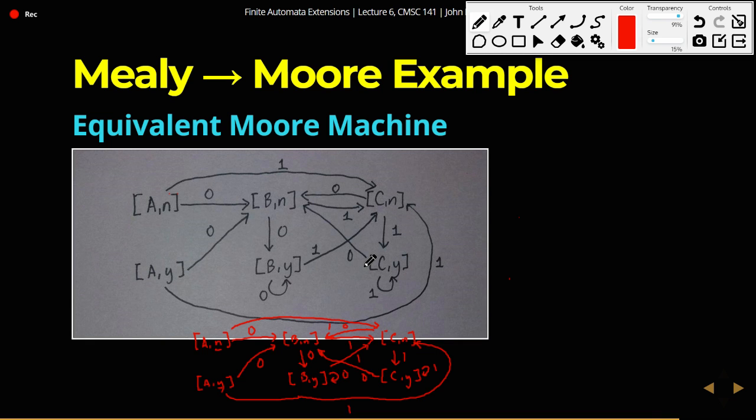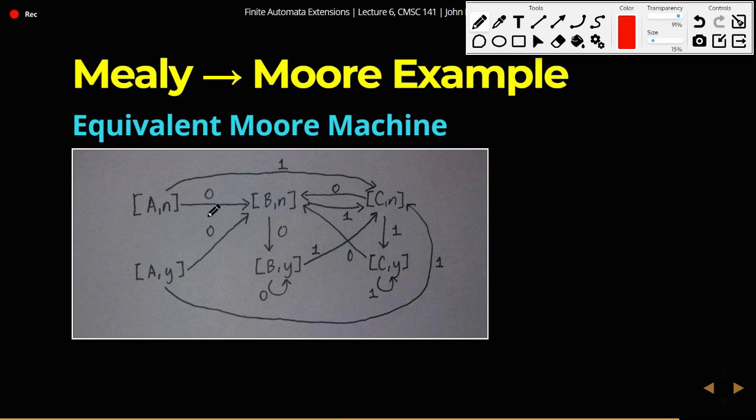Now, so this is the cleaner version of this one, right? So I'll just erase the markings for now. But yeah, this is the equivalent. Now, we're not done yet. We haven't chosen a start state yet. Okay, so as we mentioned earlier, we can just choose the arbitrary output symbol of where to start. So remember that our start state was A, so we could use AN or AY as our start state. But let's say that arbitrarily I will choose AN as my start state.